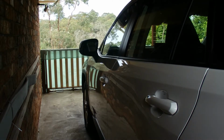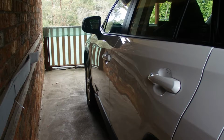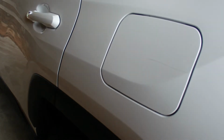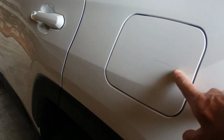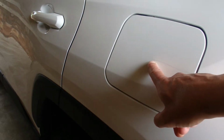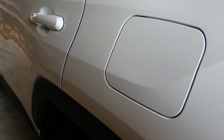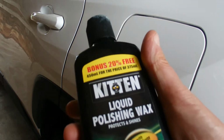Hello, you're looking at the left-hand side of my freshly washed Toyota 2020 RAV4. And here on the cover for the petrol tank is a black mark that appeared after a recent trip to a car park. So today I'm going to show you how to remove that mark using just ordinary car